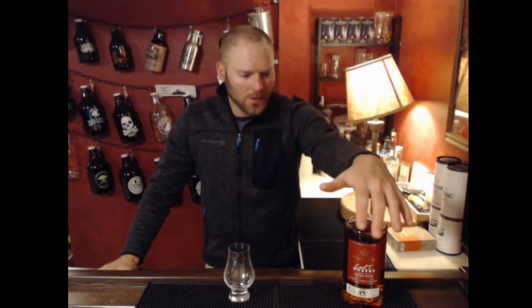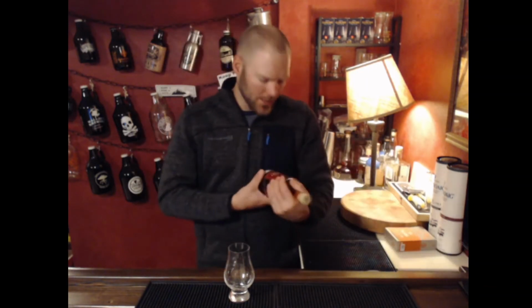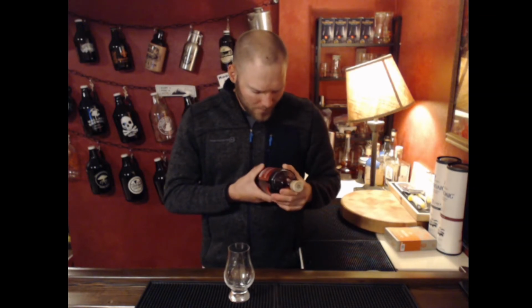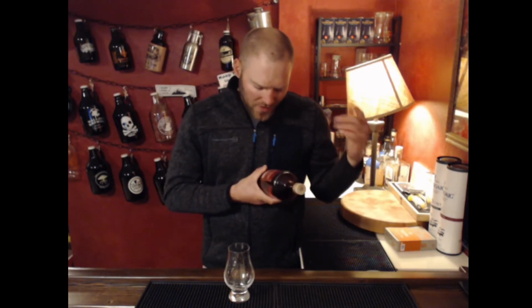On this episode, we're going to do another Starlight product. We just got done doing the Starlight Signature Bourbon. This is the Starlight Limited Release Double Oaked Bourbon Whiskey. So what this is, I'll just read it off the back here real quick. So same as the Signature